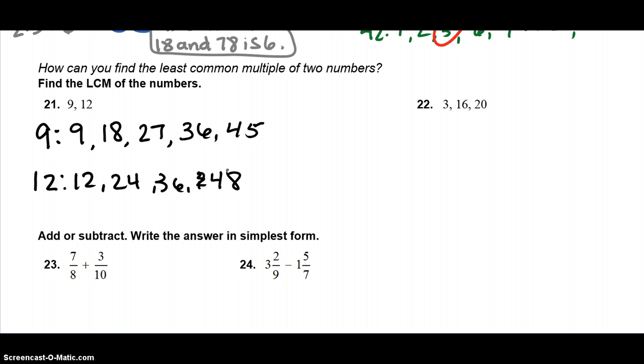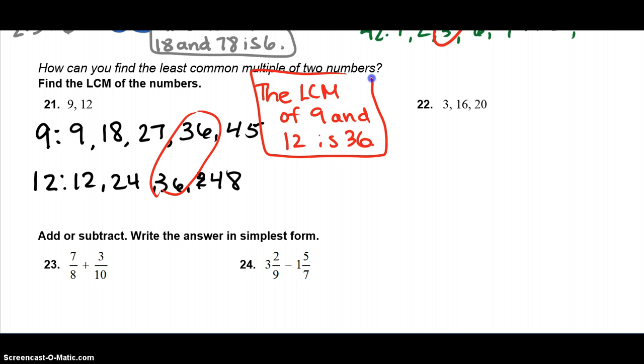And I see that they do have something in common. It would be the number 36 here. So that would be my least common multiple. That's the first multiple 9 and 12 have in common. So it will be the smallest. So I would write, again, my sentence just like GCF, except the LCM of 9 and 12 is